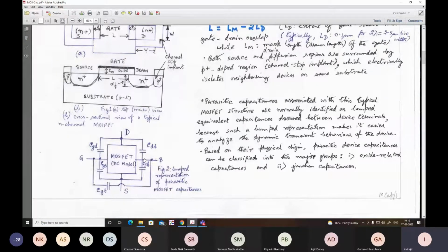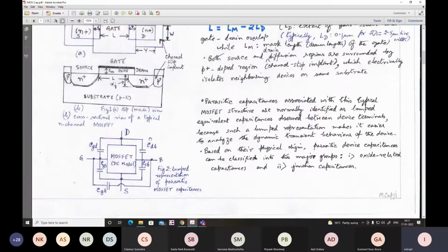That will be determined by the value of the capacitance. So we'll have some mechanism to measure the values of the capacitances, right? So based on the physical origin, these device capacitances are parasitic, and the term parasitic we also need to underscore. Parasitic capacitance means these capacitances are not designed by us, the circuit designer. These come naturally as the outgrowth of the device that is built up.